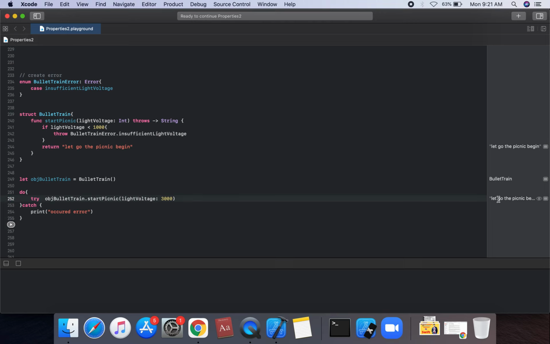Let's go, the picnic begin. We can check this. Let's go picnic begin, we can use the print statement. So we can assign an error message, suppose error message: needed light voltage, which is type of integer. Needed light voltage, which is type of integer,